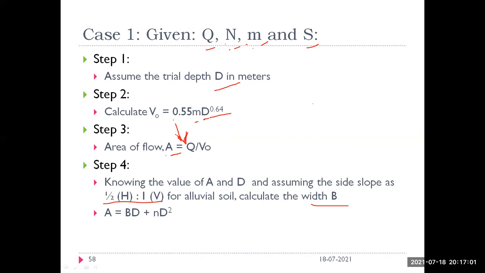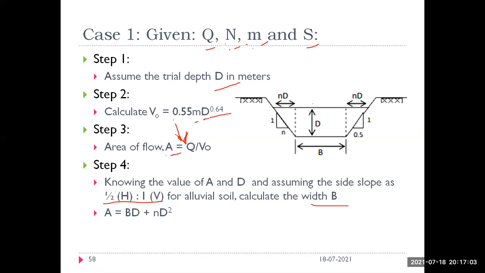As I have already told, the cross section of the canal will be trapezoidal. You can see here D is the depth, B is the width, and N is the side slope. So you calculate the width of the channel using the area equation, that is A is equal to BD plus